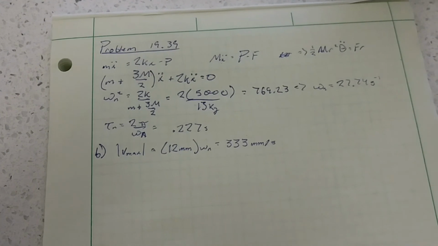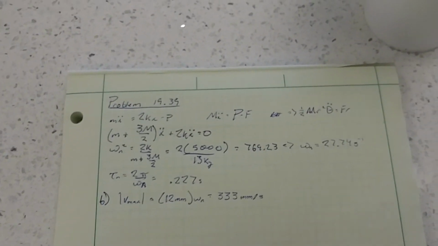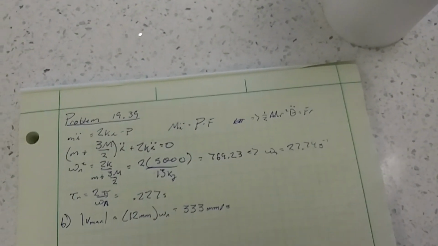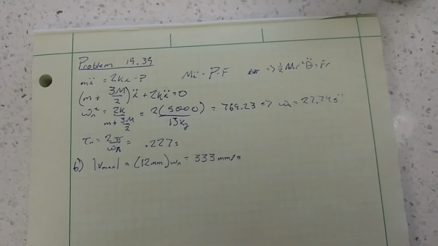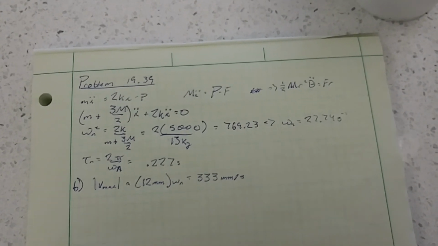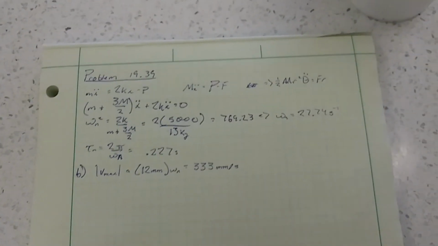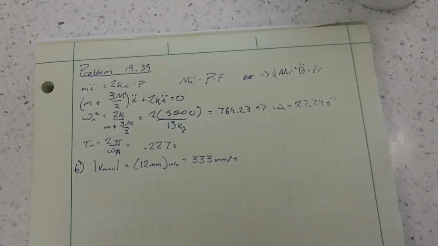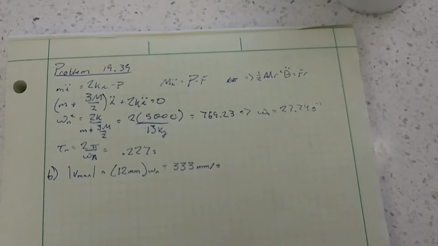Okay, so for part A, we start out with our m x double dot equals 2kx minus P, and then our part B is m x double dot equals P minus F. And so we've got our equations there, and so we're gonna go through and solve. I went through and solved those for omega n, and you get omega n equals 27.73